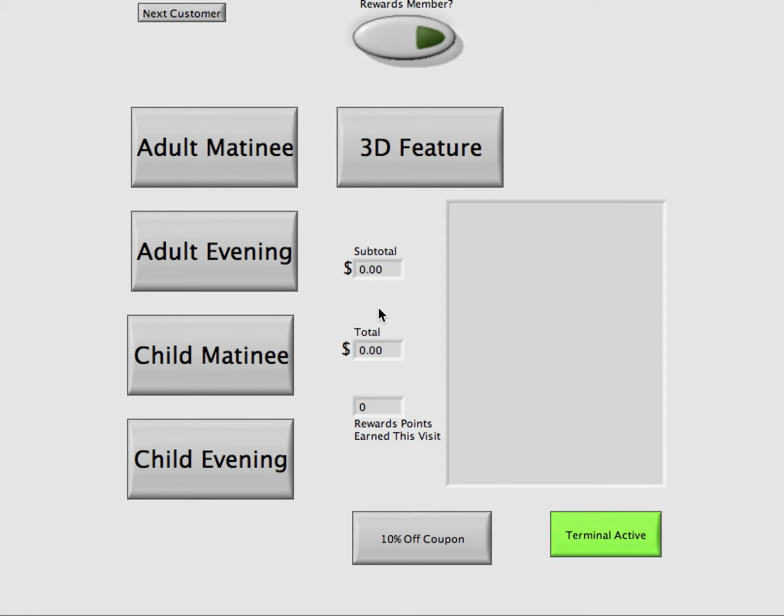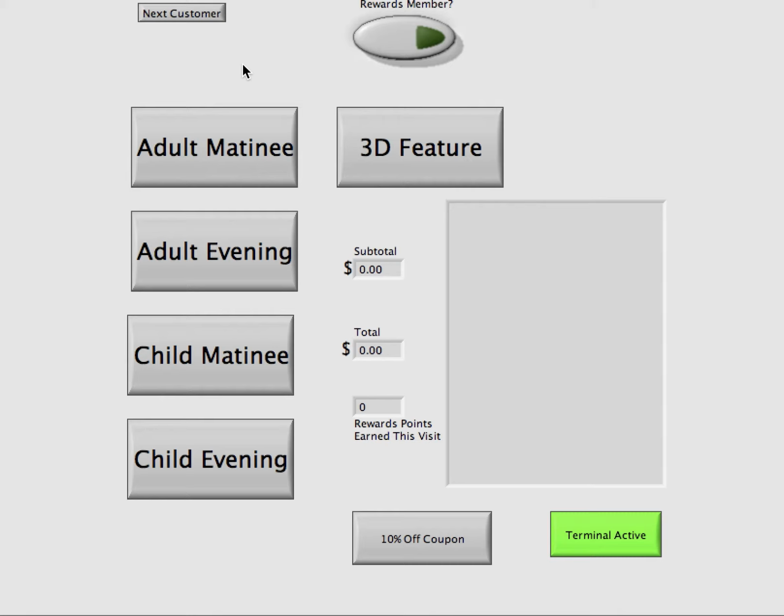All right, so the project I want you working on is basically an adaptation to what we did the other day in class. It's a cash register, but this time instead of a fast food restaurant, it's going to be for a movie theater. You can see I've got some of the same features. We've got the buttons for the different age levels and time showings, as well as one for whether or not